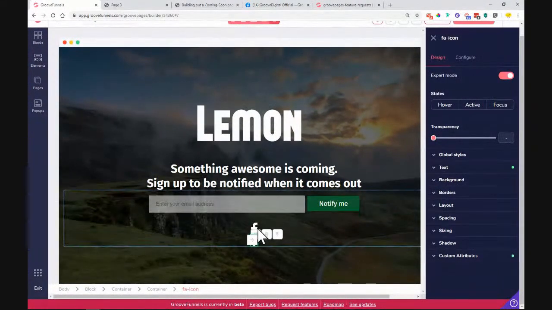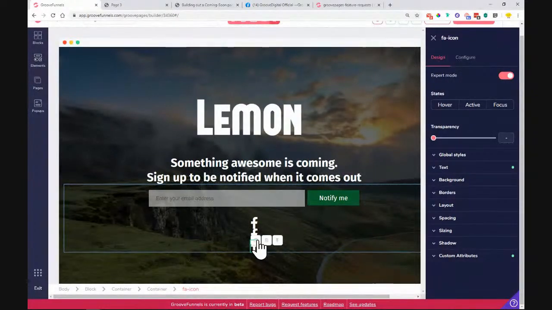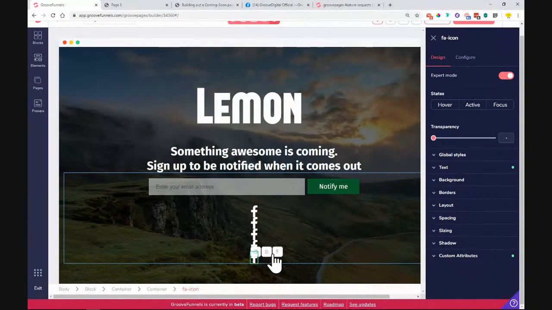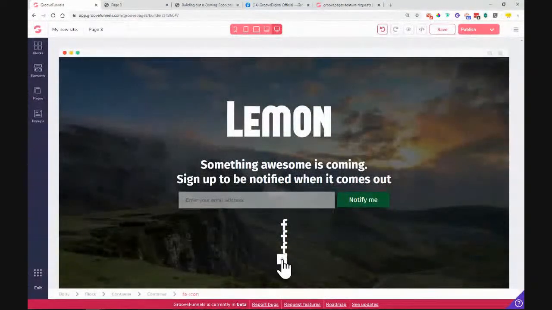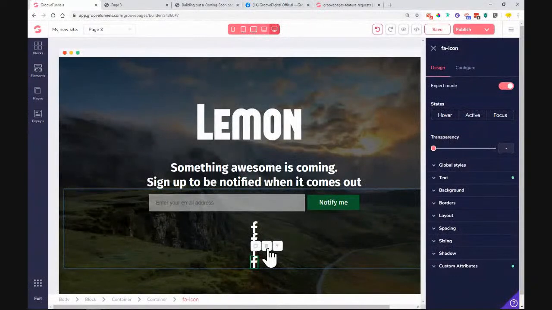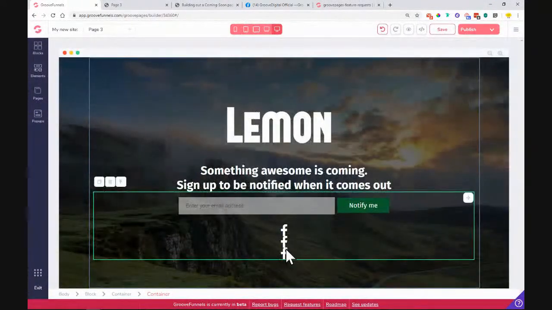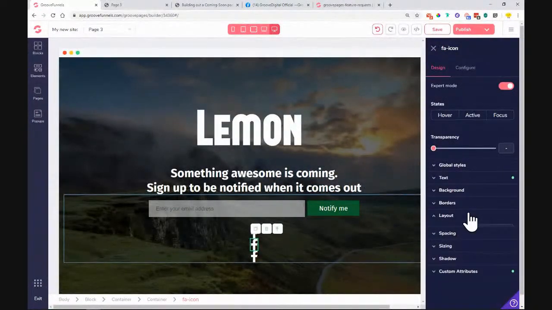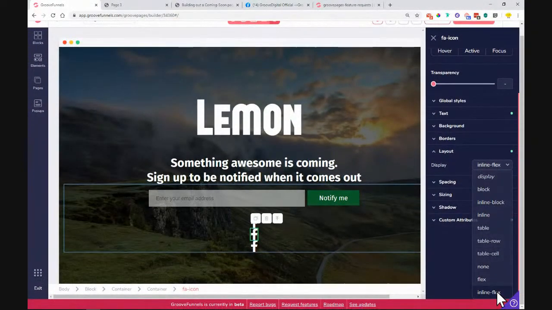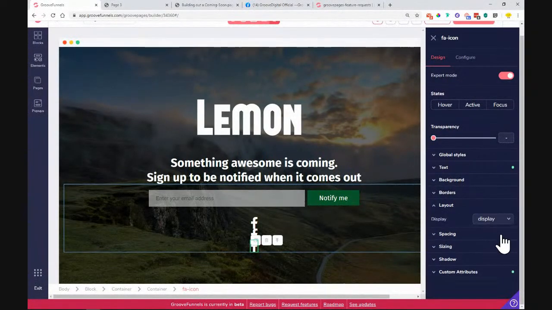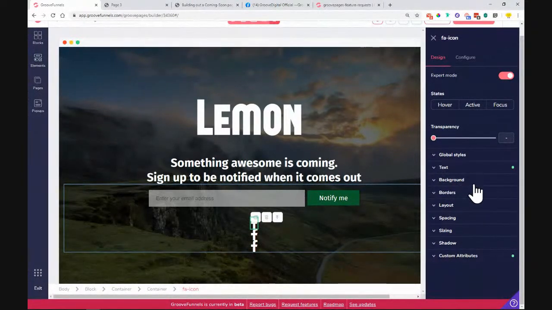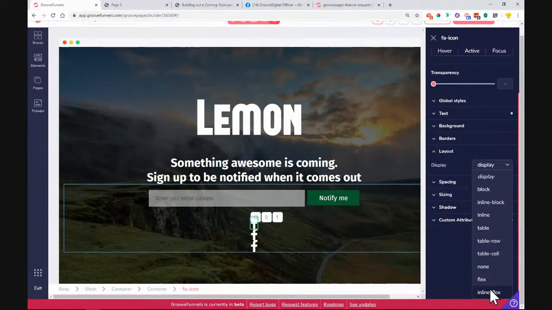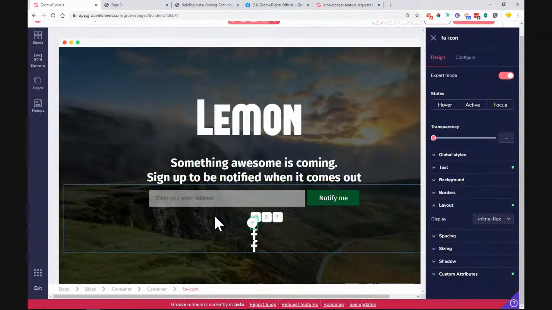Now let's just try to duplicate it. Oh, that is a bit too much. I'm experiencing a bit of a lag here, but we can now play around with these layout options. So we want it to be inline flex as earlier. Here, all of them. Layout inline flex. Okay, and then it is